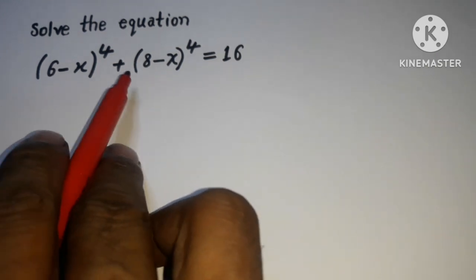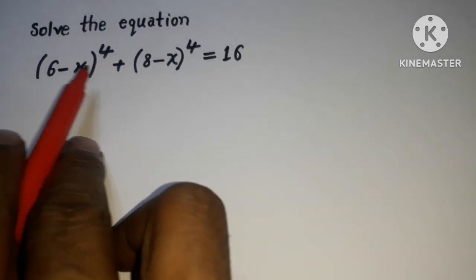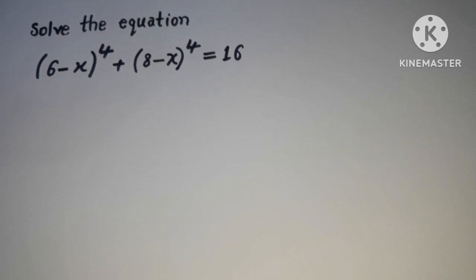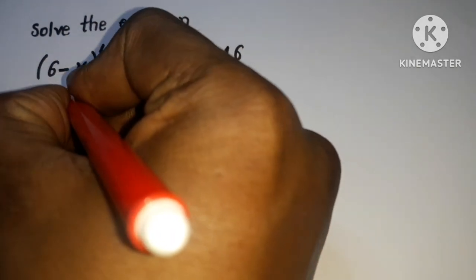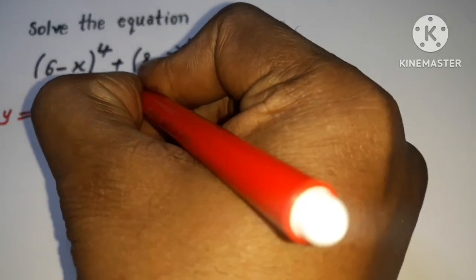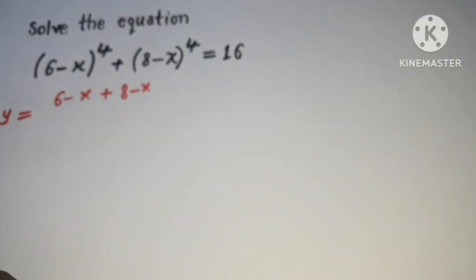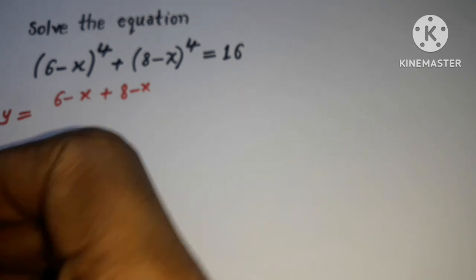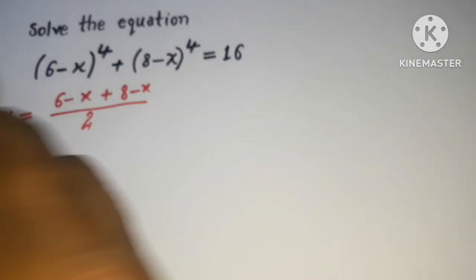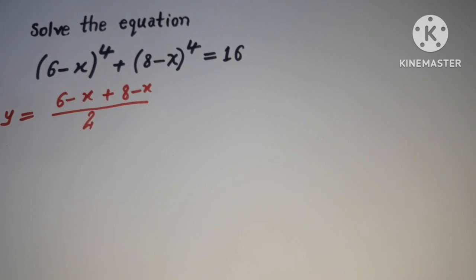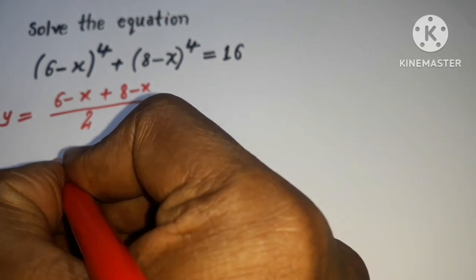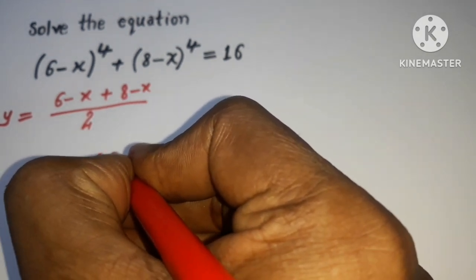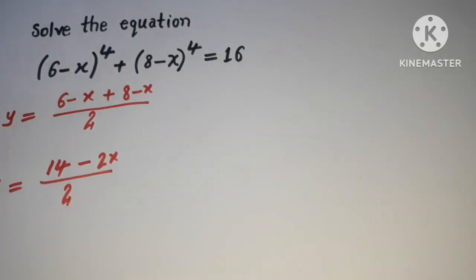So we have to reduce this equation by changing the variables. What I can do is change the variable by making a substitution. That is, suppose y = ((6 − x) + (8 − x))/2, this way. And you can see this is y = (14 − 2x)/2 over here,